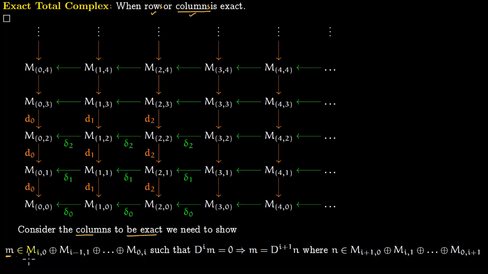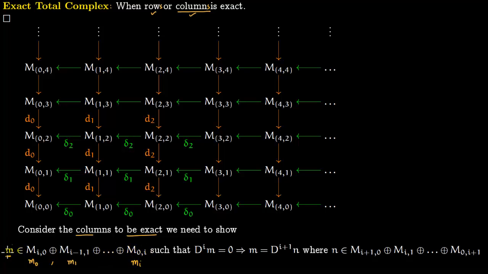Say m is an element of an entire diagonal. You know that the total complex lives in the entire diagonal. If m is an element of the entire diagonal, you can see the indices add up to i. So i minus 1 plus 1 is i. So this m, an element, is of this form: it is m0 here, it has i coordinates, m1 lies in here, then m2 and so on, and then mi